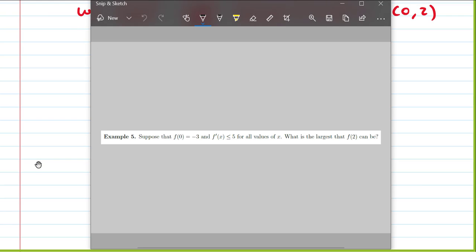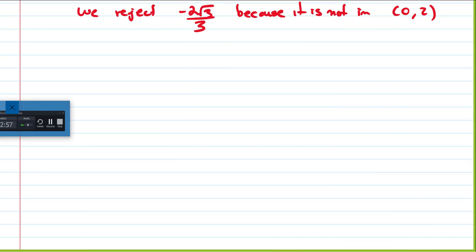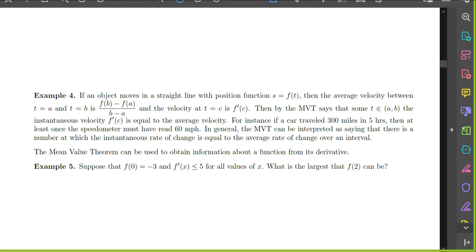So the next example is, if an object moves in a straight line with position function s equals f of t, then the average velocity between the points t equals a and t equals b is f of b minus f of a all over b minus a. And the velocity at t equals c is f prime of c. So then by the mean value theorem, it says that at some time in the interval ab, the instantaneous velocity